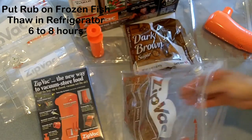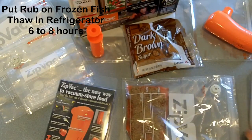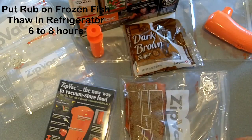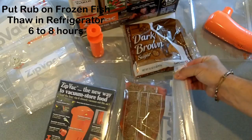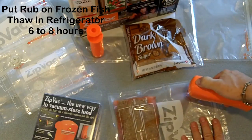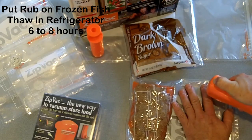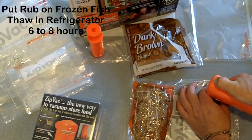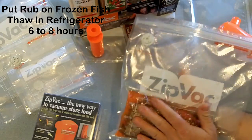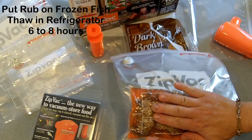I'm going to put that in here. Seal the bag up tight. Now watch what happens. Seal that up. Now I vacuum pack this, and that rub is going to permeate into that salmon as it